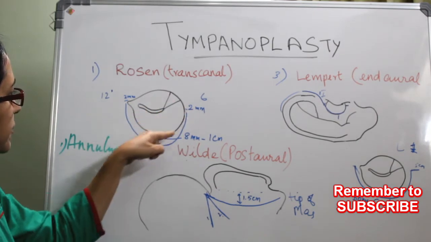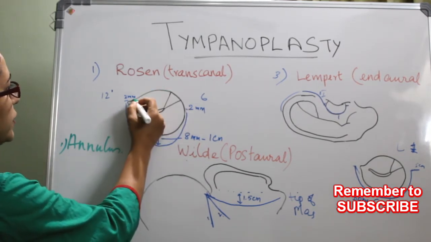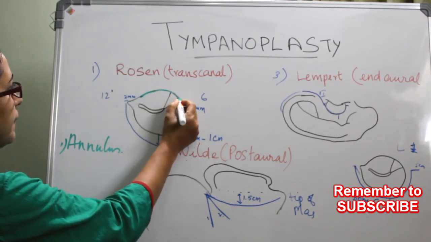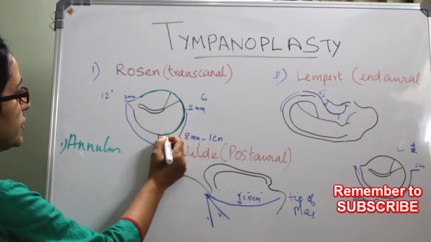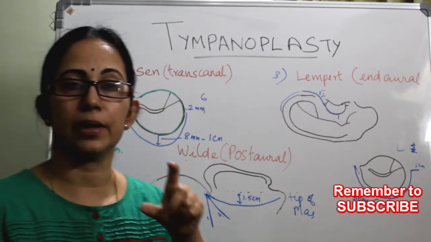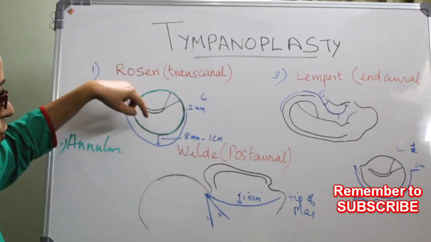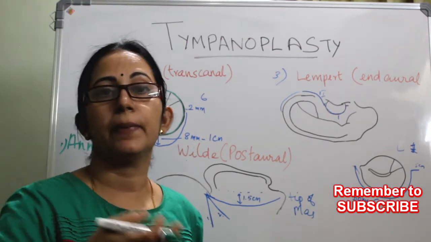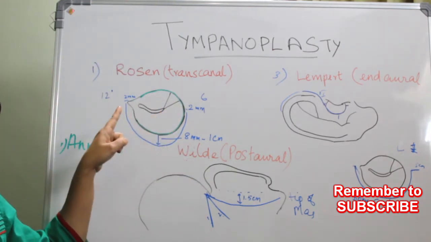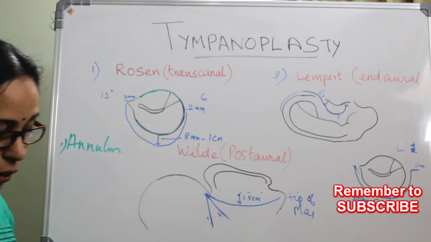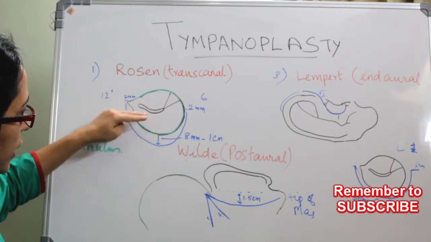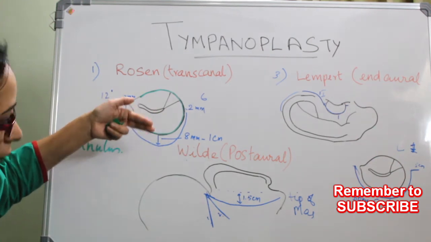Towards the periphery of the tympanic membrane, there is a rim of dense fibrous tissue, and this fibrous tissue fits into the tympanic sulcus of the temporal bone. This rim of fibrous tissue around the tympanic membrane is called the annulus. So in order to reach the middle ear, while you elevate the tympanomeatal flap, you have to elevate the annulus also.